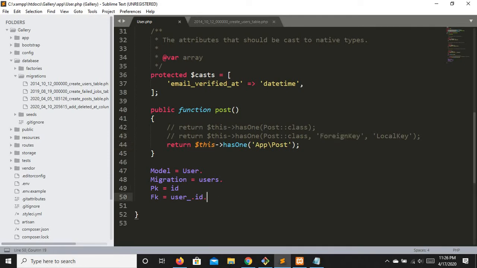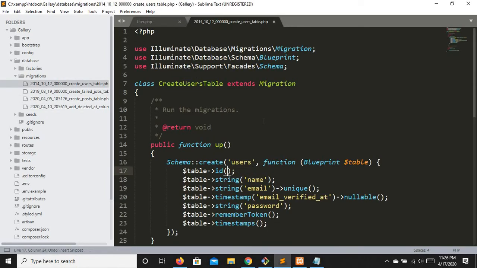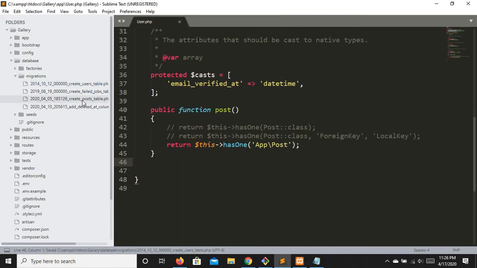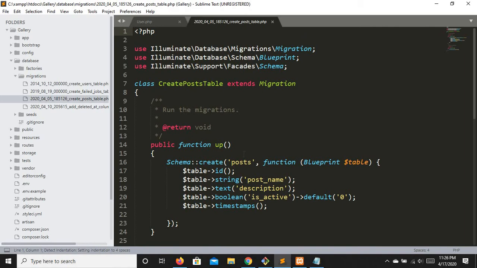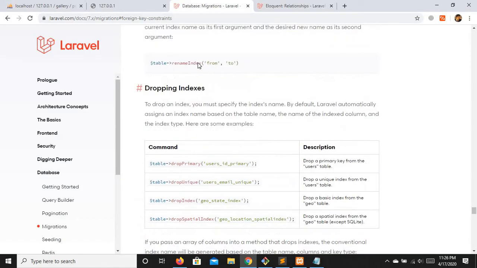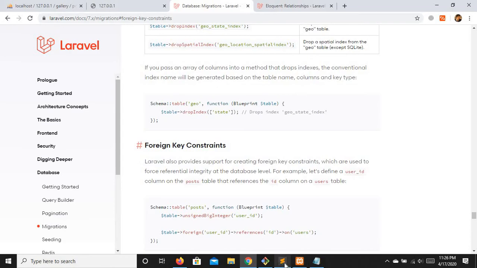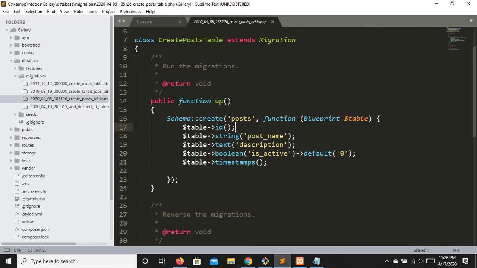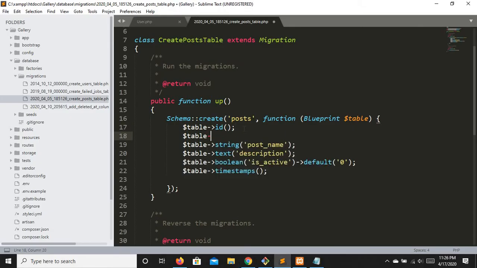Okay guys, now I will just make a foreign key so that all of this makes sense. Right here I will just revert it, close my user model and go to the post model. Here I am going to create a foreign key, and the way to make a foreign key is right here. If you don't understand, you can always check the docs for any confusion.